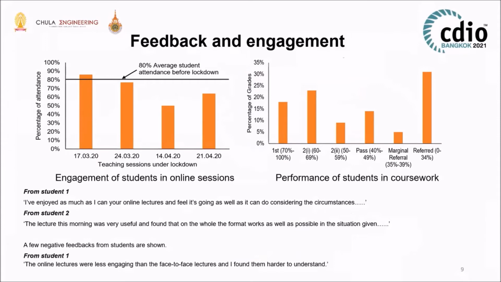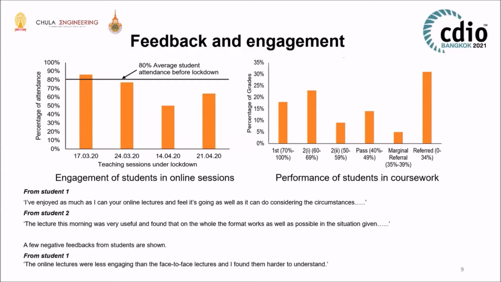The engagement of the students during online learning is very encouraging. The overall attendance before the lockdown was 80%, whereas during the lockdown it was almost 70%. There are a few limitations and challenges for the students because they are physically and mentally not well. A few of them have been working as key workers, so those points have been reflected in their engagement and attendance.